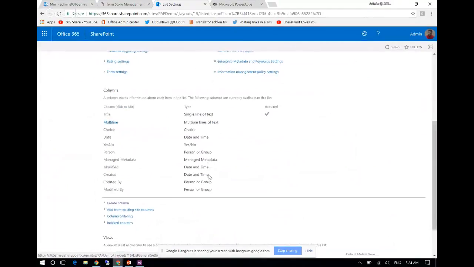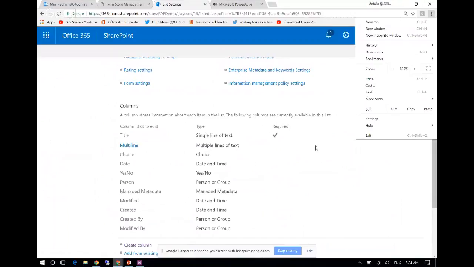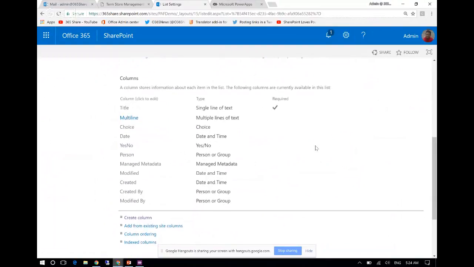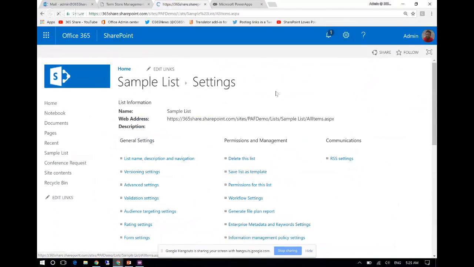That's much easier. And I'm just going to do some zooming in on this. It's much more readable. So as you see here, it says title, single line of text. I have a multi-line text field, a choice field, a date time field, yes/no, person or group, managed metadata. And then we definitely have the built-in fields here. Now, if I go back to the list,